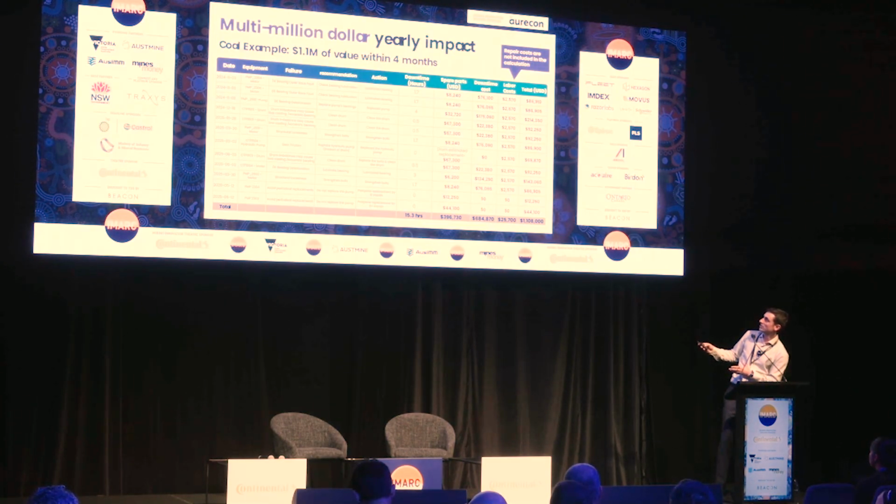And what you see here in the columns are the financial impacts according to different KPIs: spare parts cost, downtime cost, labor costs, and so on. And those are real numbers taken from a coal site. It's their numbers. And you can see more than $1 million of value in only 4 months on 10 machines. Now extrapolate it to hundreds of machines, to many sites, to years and years, and you get immense value.